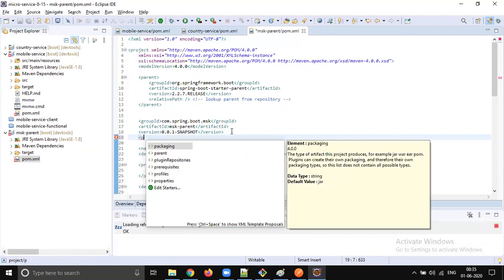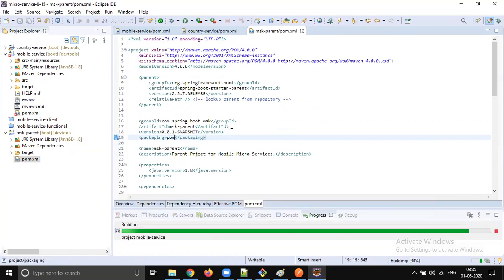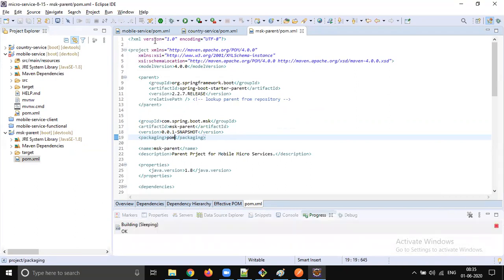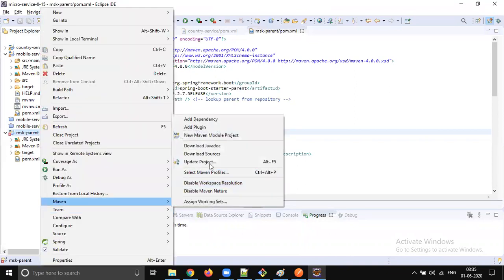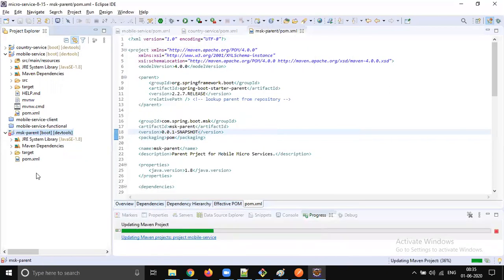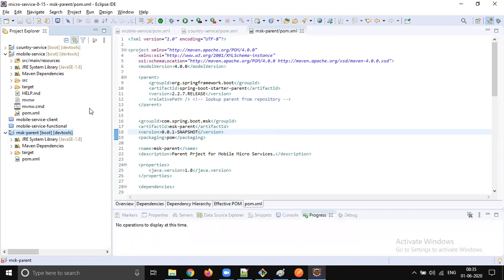Make sure when you create any parent, it is supposed to be packaged as pom, not jar. Once that is added, just right click and then Update Project. Okay, now all the errors are gone.